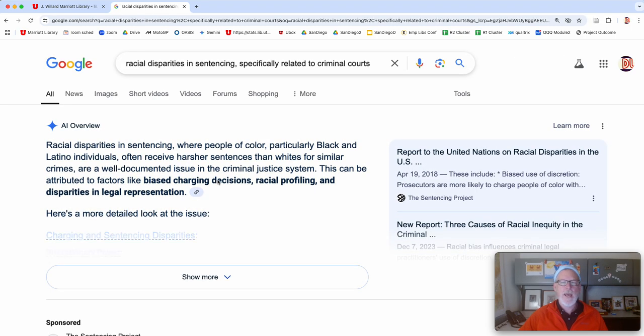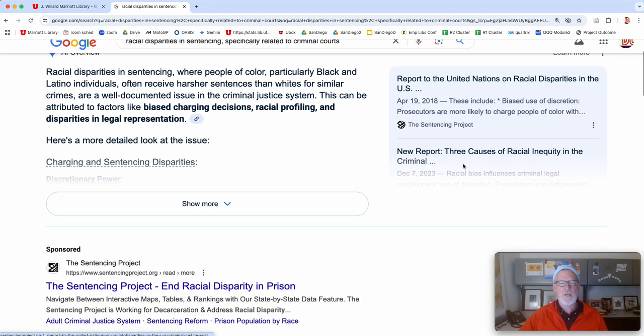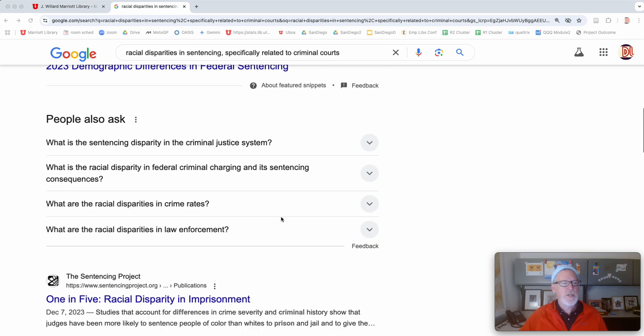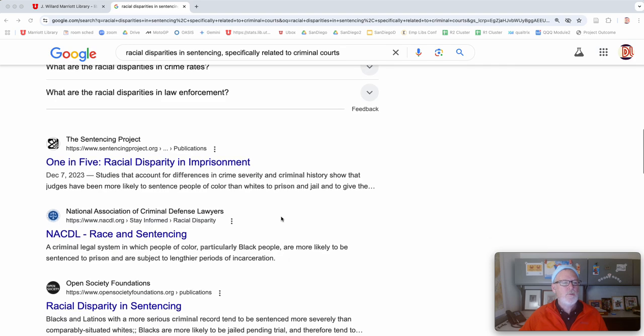And you get like an AI, you get report to the UN, you get non-government organizations, you get statements. Ooh, and this is where you gather keywords. So I was looking for like populations and Latino or Hispanic. And it's gender specific too. Racial disparity, you get all sorts of